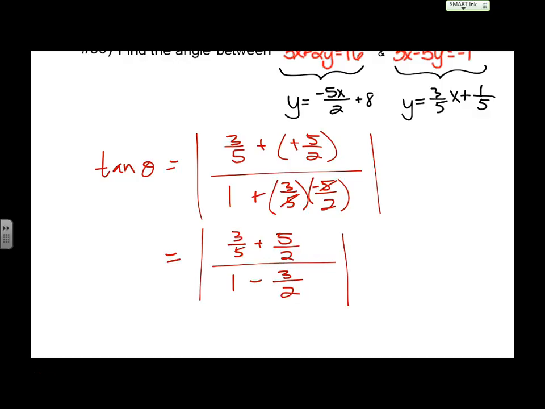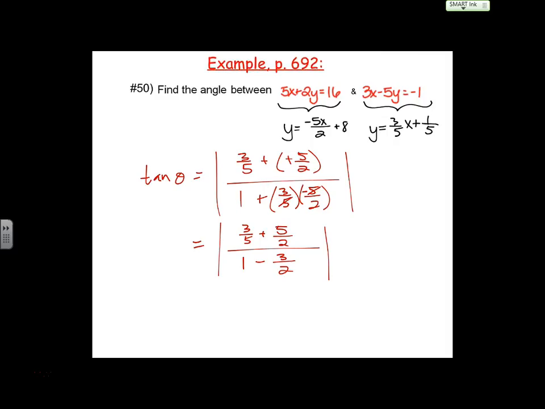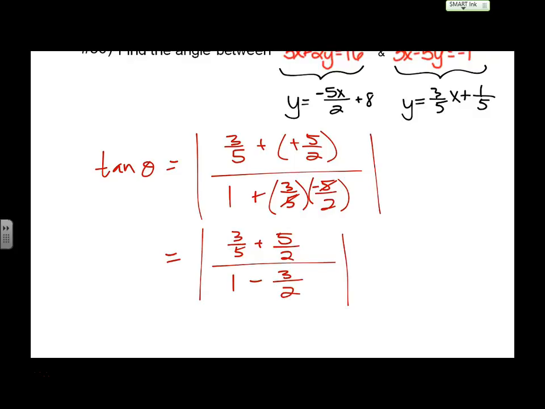What did you guys multiply top and bottom by? 10, right? Yeah. They're so nice. I was like, okay, guys. Everyone know how to take